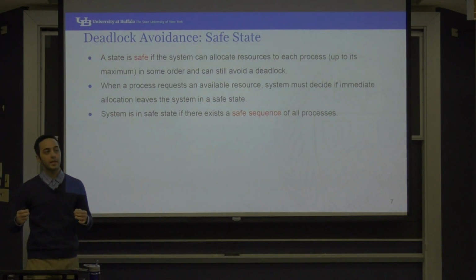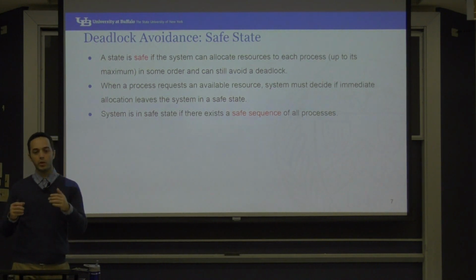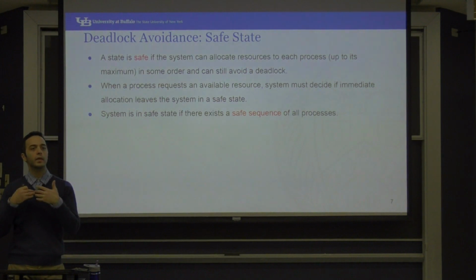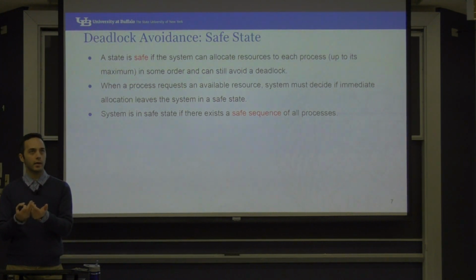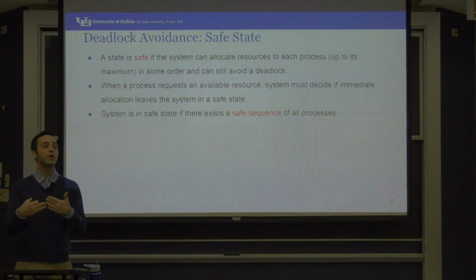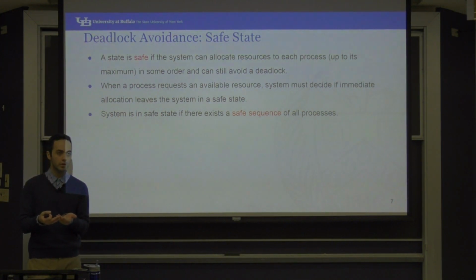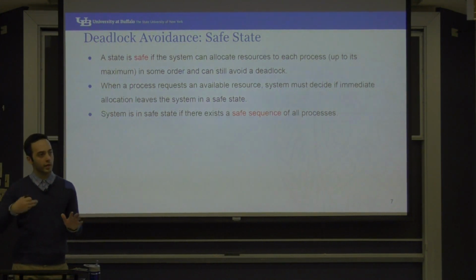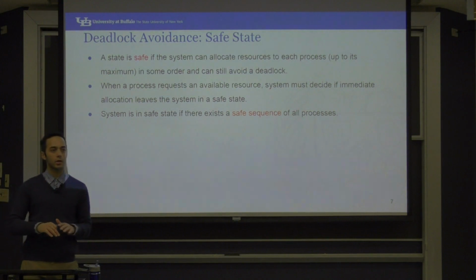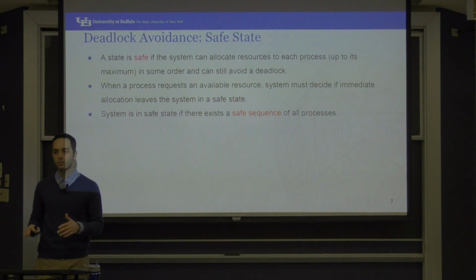We are in a safe state if we can make sure that in some order they will run. They can request up to their maximum number of resources, and with no problem they can finish and terminate